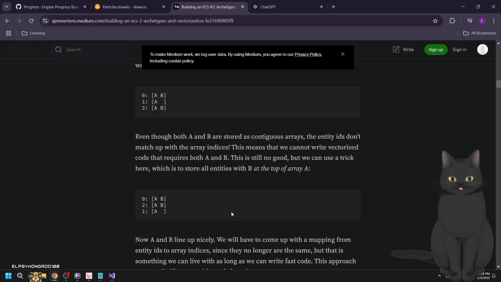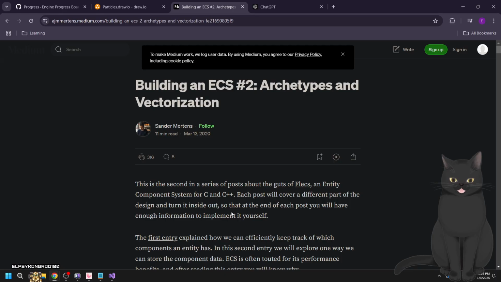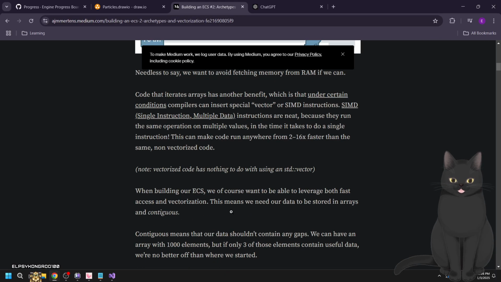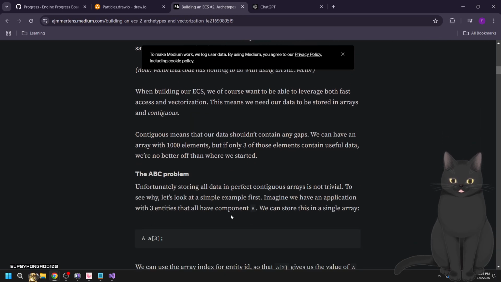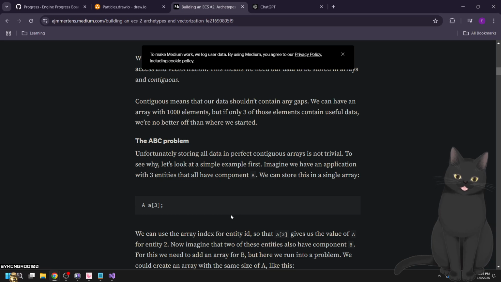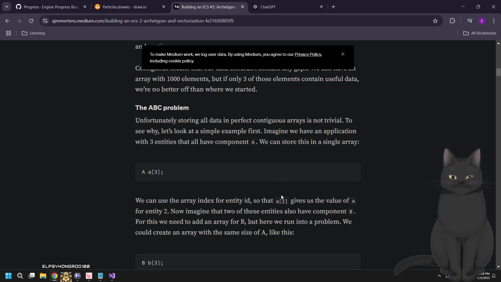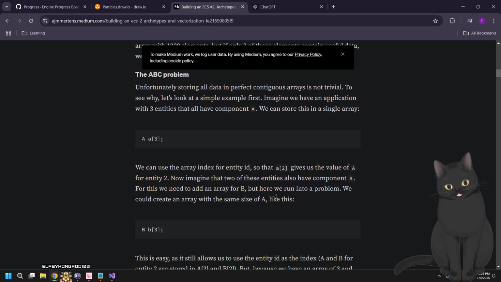Yeah, let me take a quick peruse of this. I'm not going to write the code out directly, but let me just see what this does. Unfortunately, storing all data in perfectly contiguous arrays is not trivial. Yeah, it's not. To see why, let's look at a simple example first. Imagine we have an application with 3 entities that all have component A. We store this in a single array. We can use the array index for entity ID so that A of 2 gives us the value of A